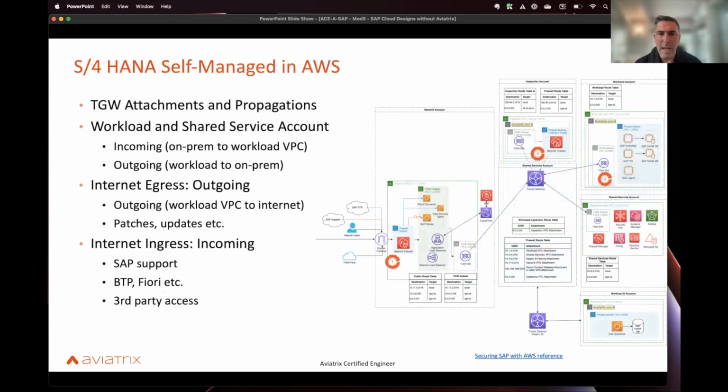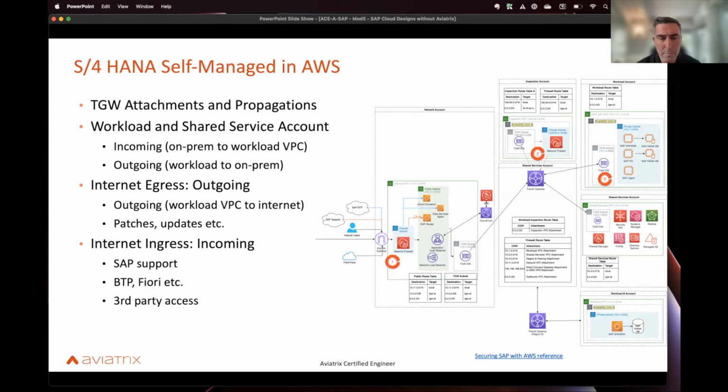So if you add to it everything else with regards to that infrastructure, you have it broken up into a network account, an inspection account, and the workload account. And from that, you have various TGW attachments with propagation turned on. You have what's called your workload and shared services account, which is primarily responsible for your incoming on-prem to workload VPC traffic, or your outgoing traffic when your workload needs to go